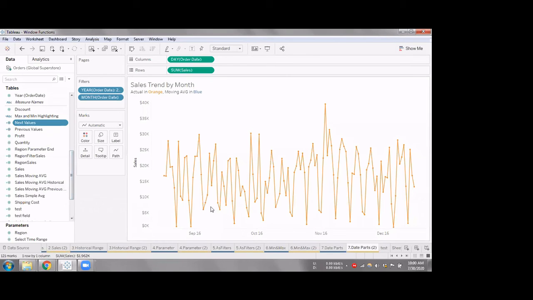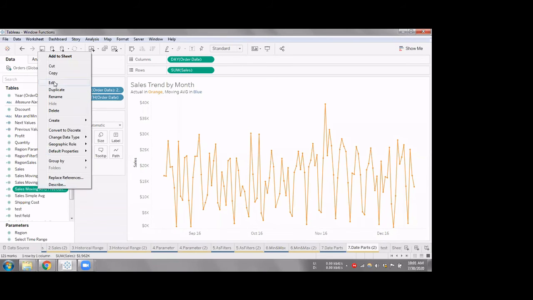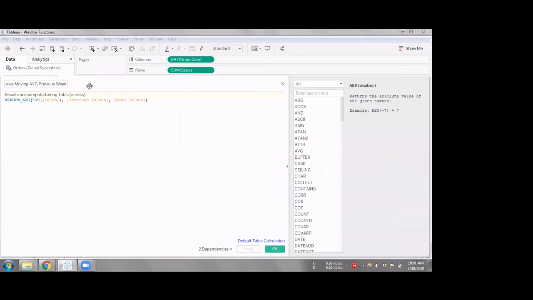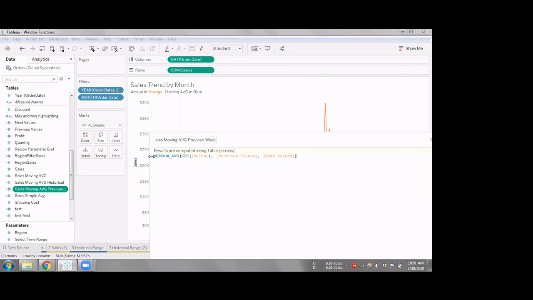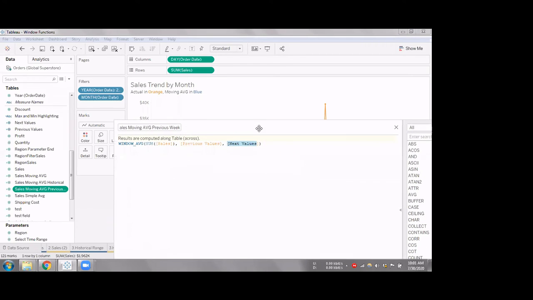Based on that, if I have my start value and end value, all I need to do now is create my window function value. I'll come here, window average, and since I need the average of sum of sales, I can use the calculated fields that I calculated here. Start from whatever value the previous value calculated field gives you, and end at whatever value the next value calculated field gives you.